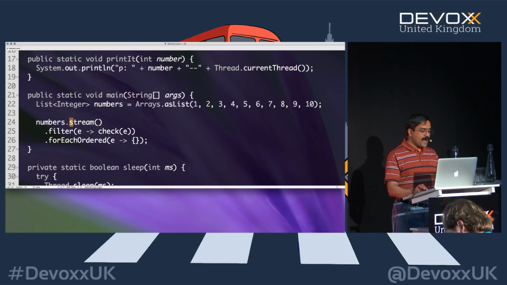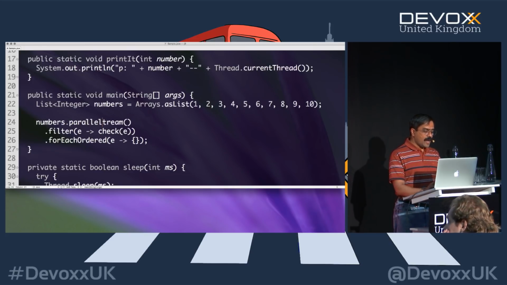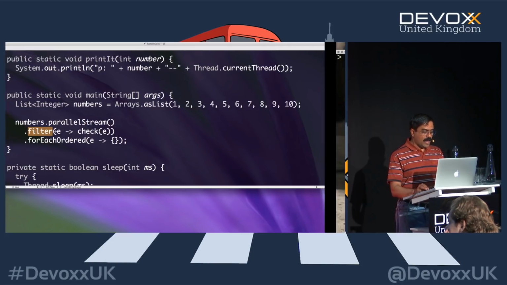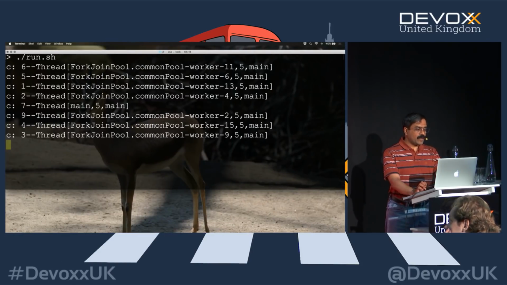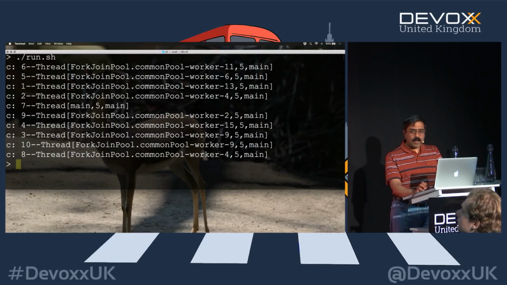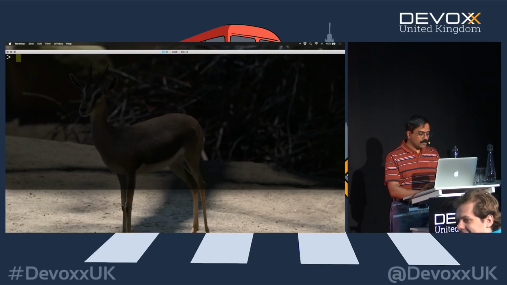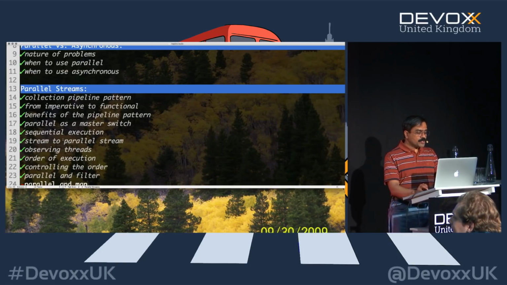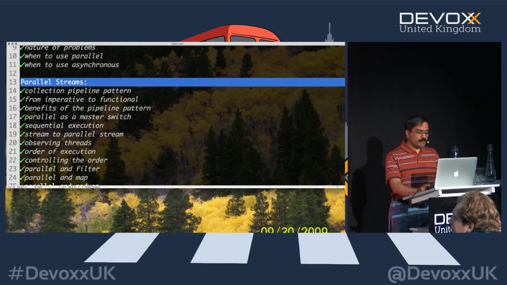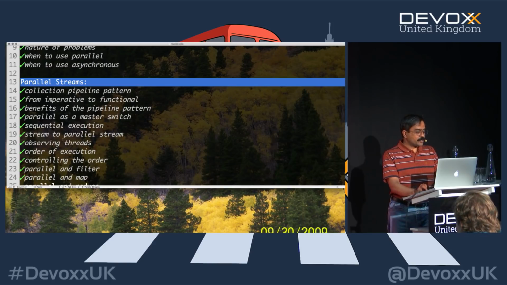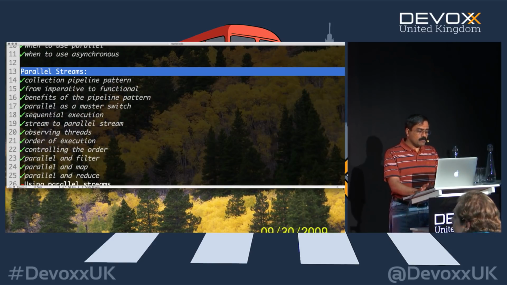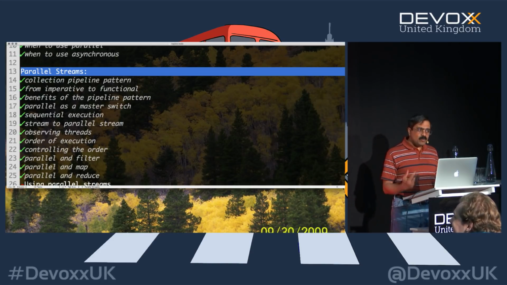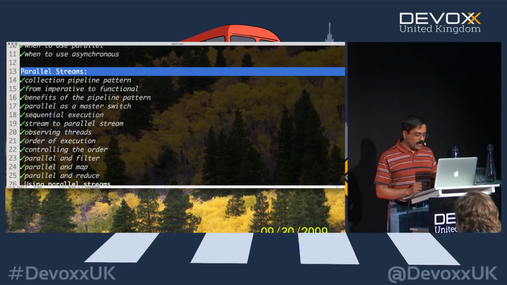That's no surprise, of course. However, if I were to go back here and say parallel stream, well, that's going to run the filter in parallel as you would expect. So when I run this, you can see all the checks running in parallel, and that's what we just saw here. So the filter is happening in parallel. Similarly, we also already saw that map is running in parallel also, so that's no surprise. But the question is, what about reduce? Let's understand what reduce is first, then we will talk about whether it can be run in parallel or not.